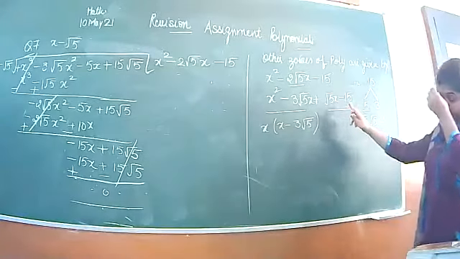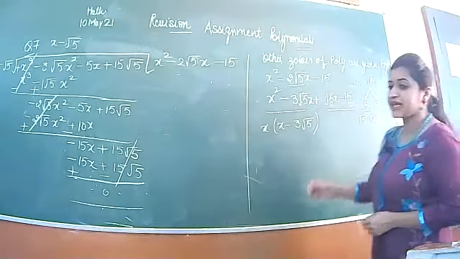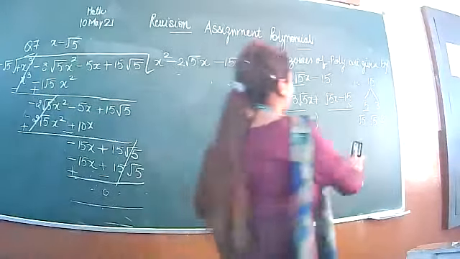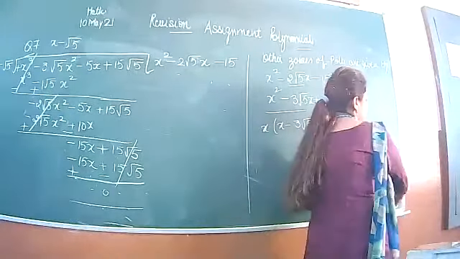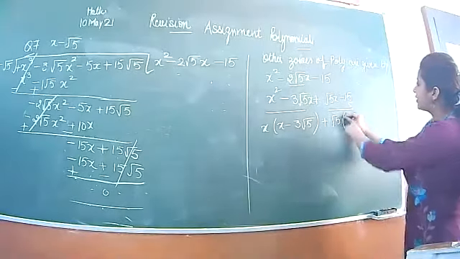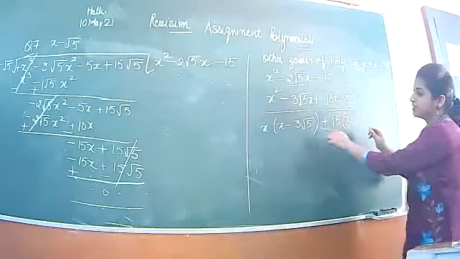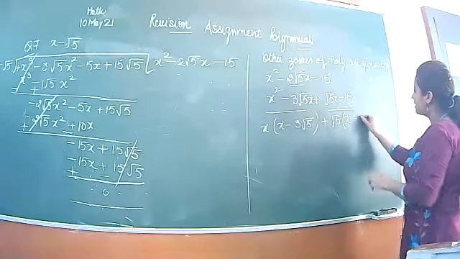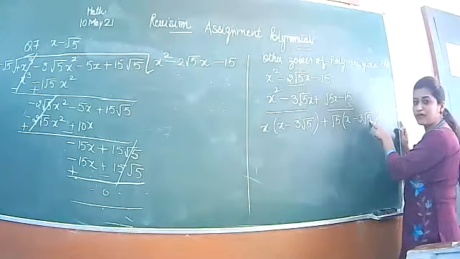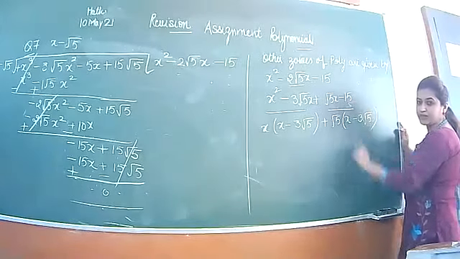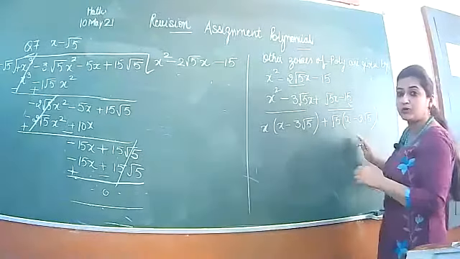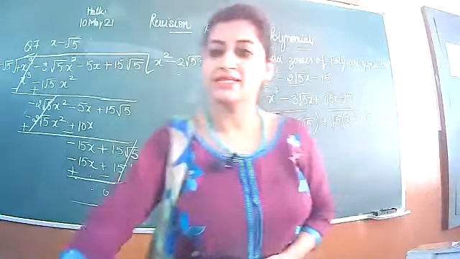From these two last numbers you will take root 5 common. So after taking root 5 common, you are left with x minus. This number will come here. And after writing this, you can check it. Root 5 into root 5 is 5. 5 3s are 15. Okay. And if you don't know how to take the common, one more method is there.